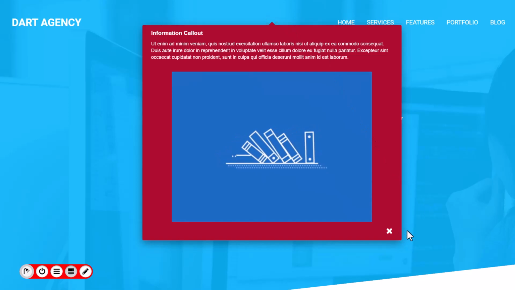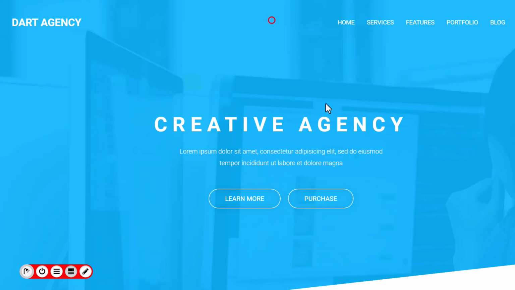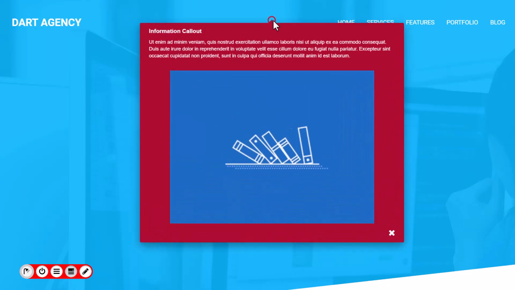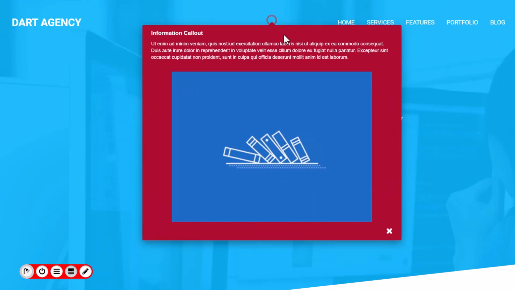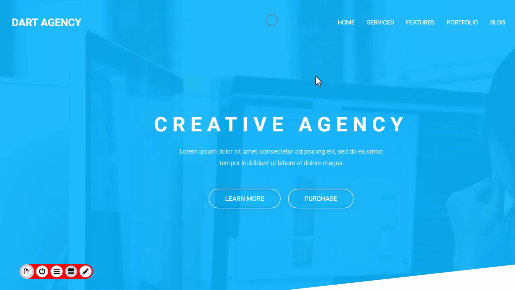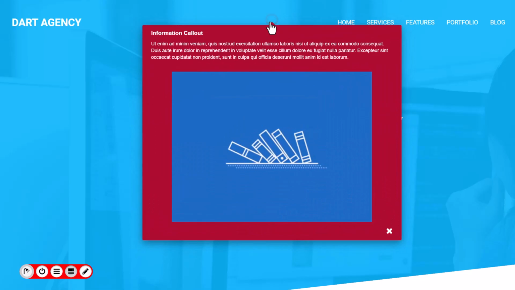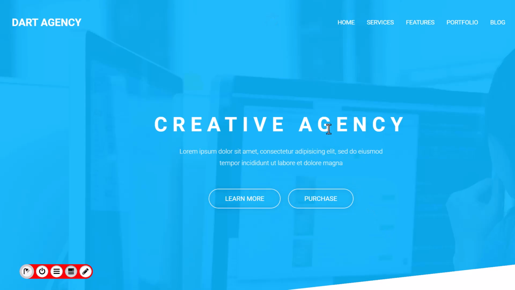What you see here is what we call an information callout. It works differently than a normal single callout or a workflow because the user doesn't need to activate Gravity to see it. It will be visible as soon the user opens the site. Also, it doesn't need to be clicked, a simple mouse over will open the content.